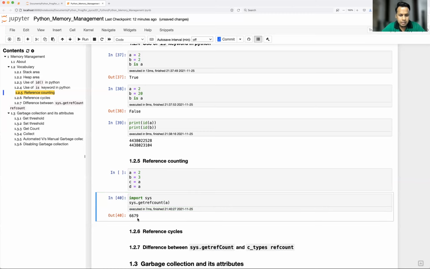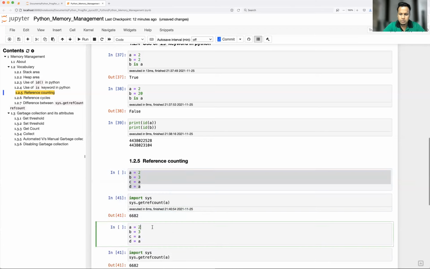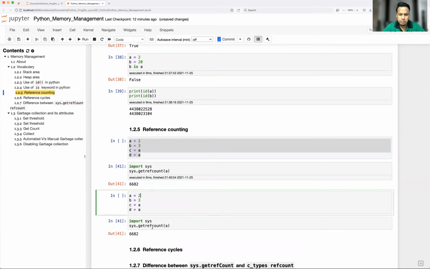So guys, here you may wonder, I have referred to a 3 times, but it is giving a very big number, right? Remember, in Python, all the small objects, like small integers from -5 to 255 or 256, are already stored, and are referred to in many different internal modules or internal libraries. That's why you see this kind of count. So to understand it better, I'll take another example, with some number which is greater than 255. Let's say we have 300, and b is 400. Now we see the magic.